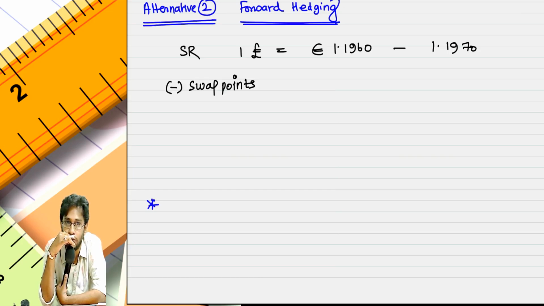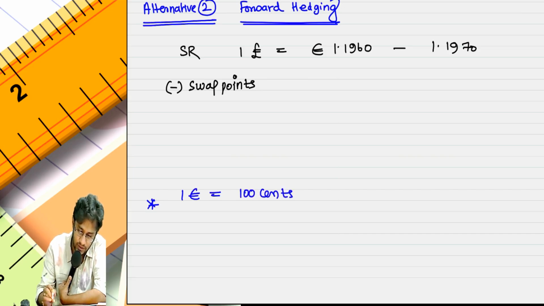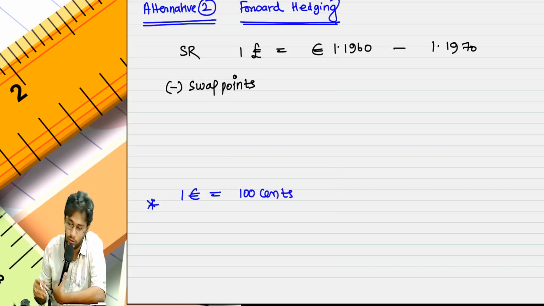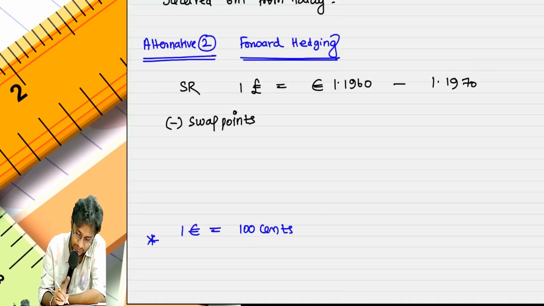Doubt. Right hand side currency. So 1 euro is equal to how many cents? 100 cents. The cent obviously belongs to the euro, no? For the pound it is the penny. 1 euro is equal to 100 cents. How many cents is he talking about? 0.60 cents